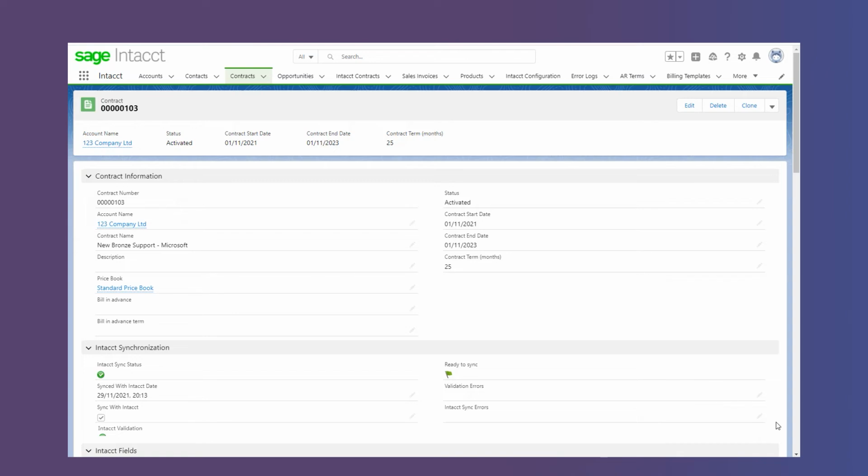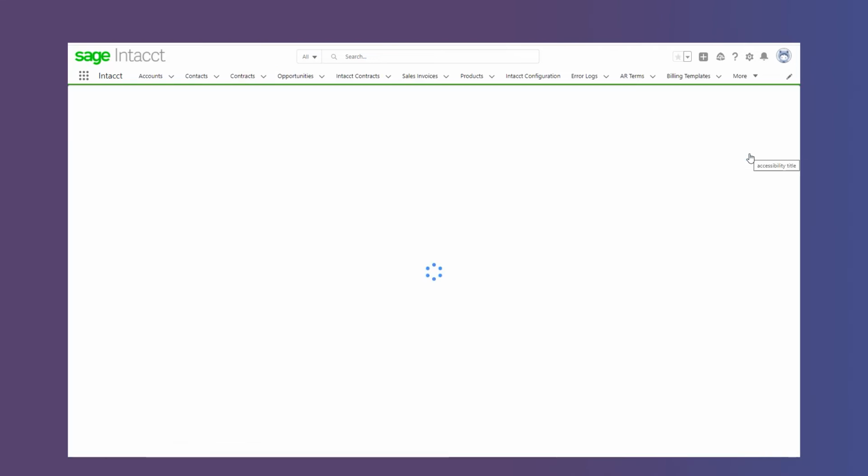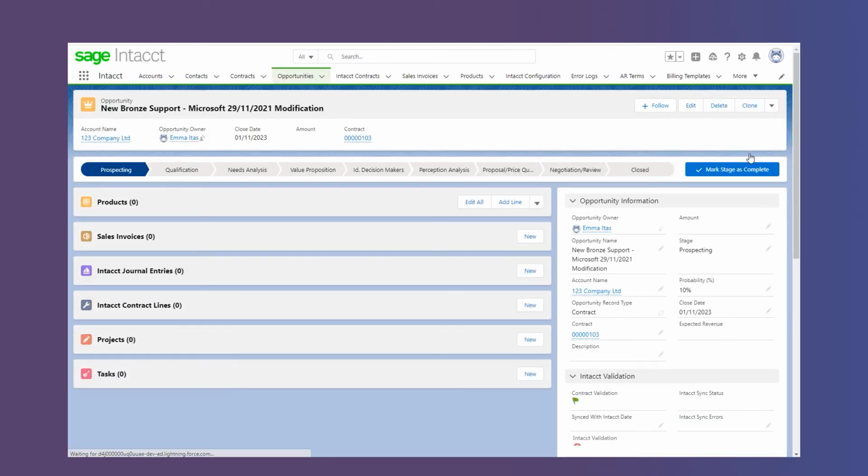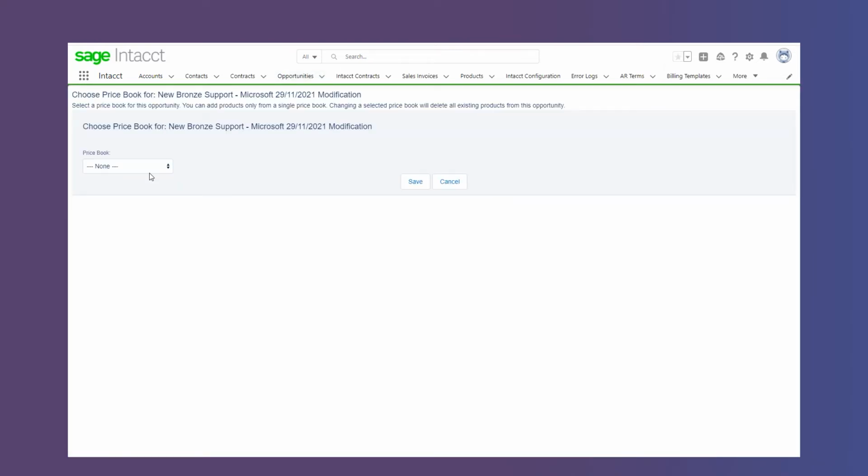Okay, so we have our same contract with 123 company. So we are now going to add on to our existing contract. So you'll notice here in the drop downs, we have the ability to create an add-on opportunity. So when we do that, what it's doing is actually saying that it's a modification to that original contract. So you'll see that the contract itself is flowing through onto the opportunity. Okay, so then what I can do is do my usual process with